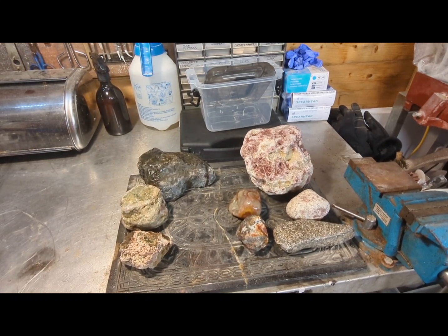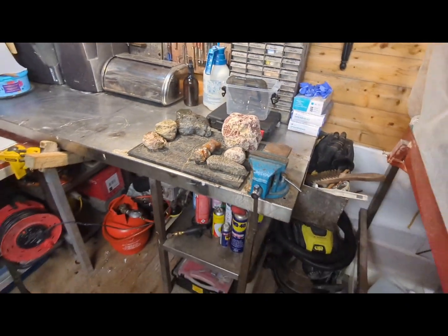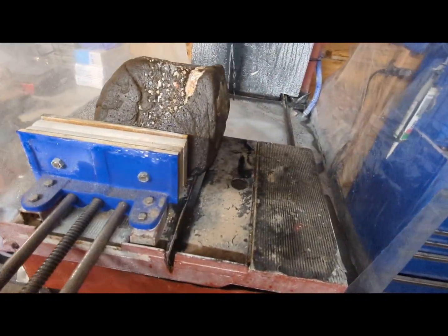Can't even play music on my radio because YouTube will flag it. So what I'll do is when I'm speeding the video up, I'll put some tunes in on the YouTube editor so that it's not too boring to watch. But might be quite a long video because we've got all them that I just showed you and that beast